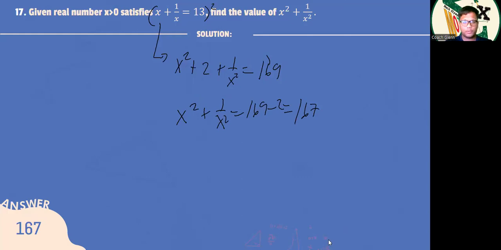Okay. Any questions for number 17? So this one is pretty easy actually, as long as you know that. Sir, where did you get the 2 from? Remember when you're squaring a binomial, first get the square of this, so that's x squared. Next, get the square of this, so that's 1 over x squared. And for the middle term, this one times this one times 2. So x times 1 over x, as we can observe, is just equal to 1, and 1 times 2 is 2. Oh, okay.